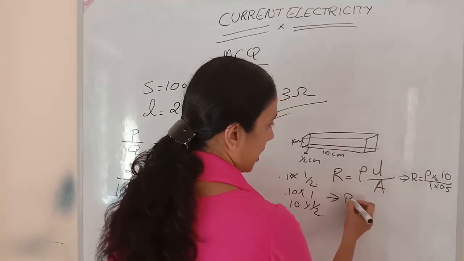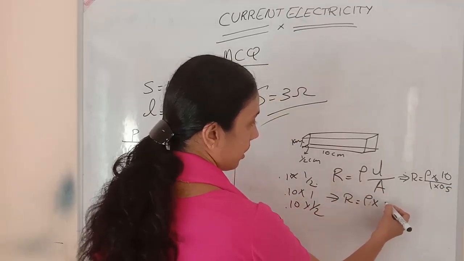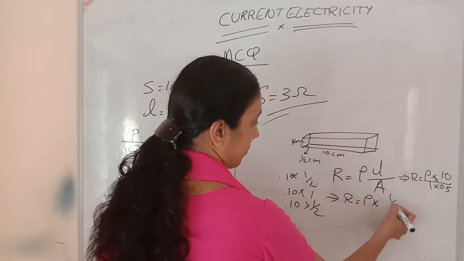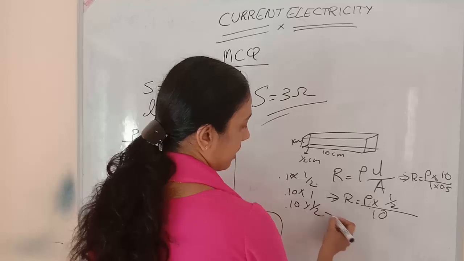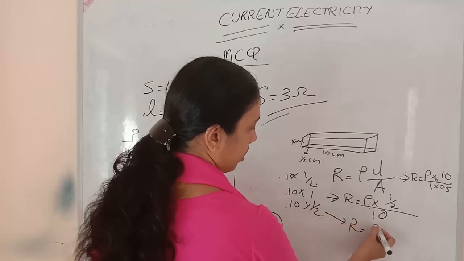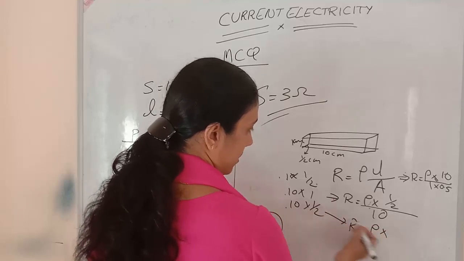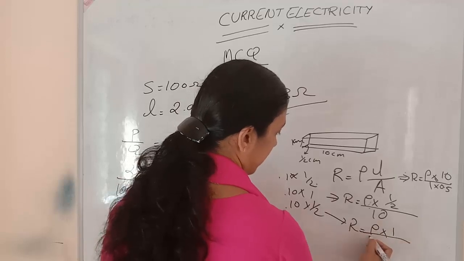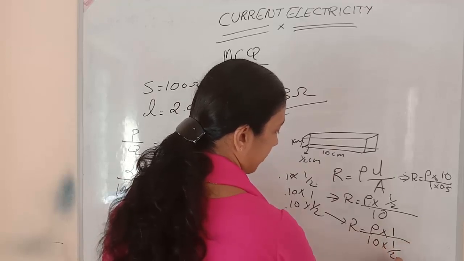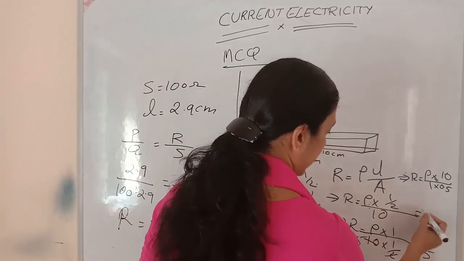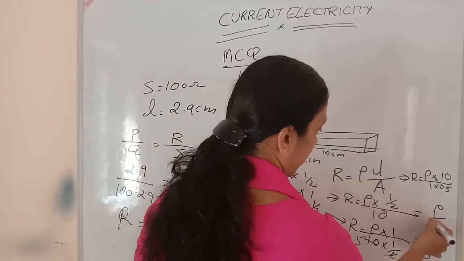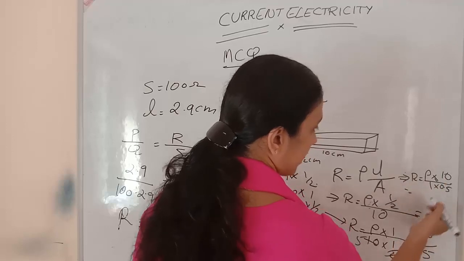For this one R equals rho into L, which is half, divided by 10 into 1. Here R equals rho into 1 divided by 10 into half. So here it is 20 rho, here it is rho by 20, and here it is